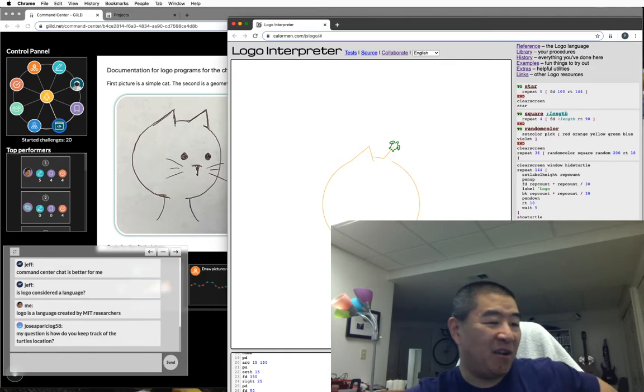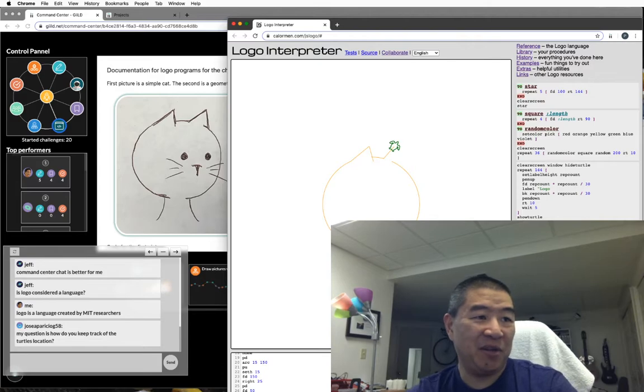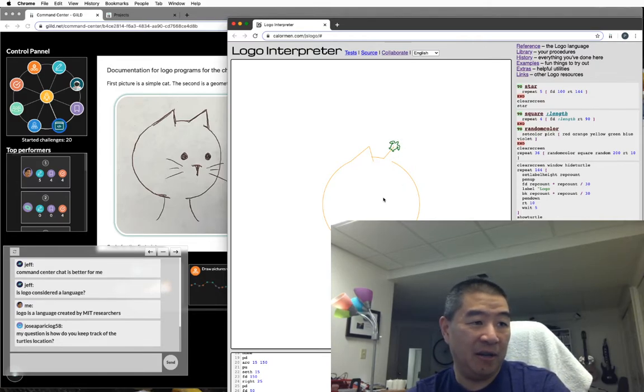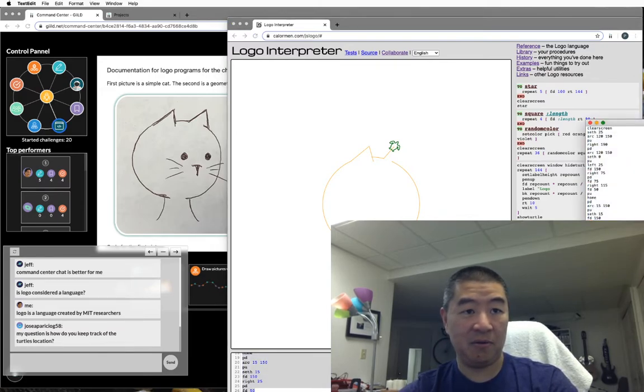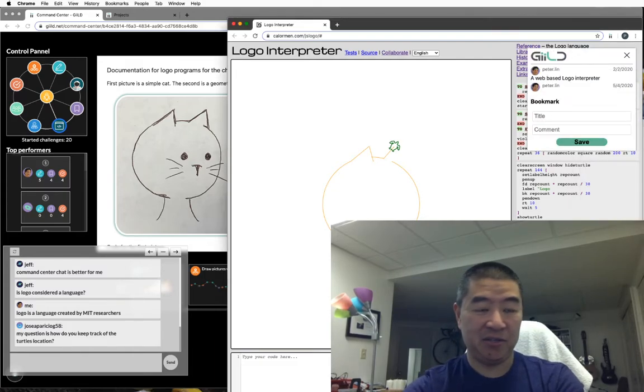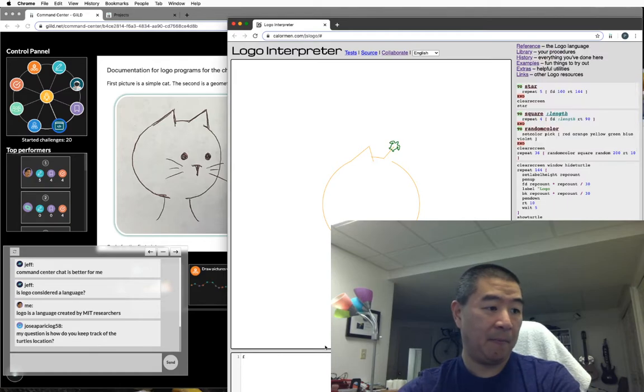Good question. How do you keep track of the turtle's location? So you see on my screen here, the turtle is in green. So let me just save this real quick. I'll just put this over here. So for example, if I clear and I just go forward, let's say 200, you'll see that it goes from your current position. So you clear this, forward 200. Clear screen, forward 200. Right, so if you see that,